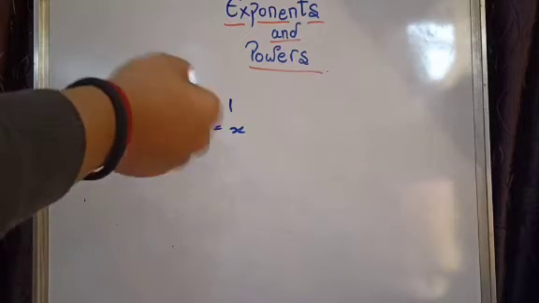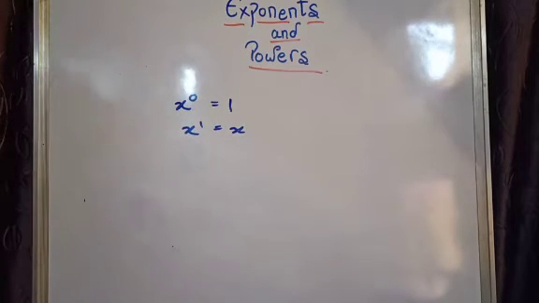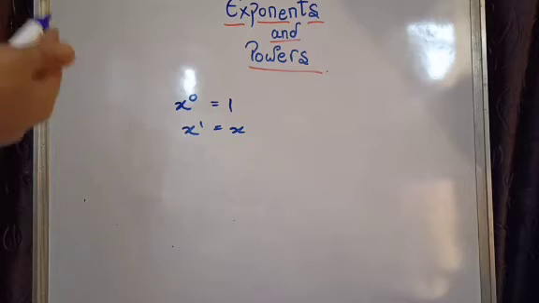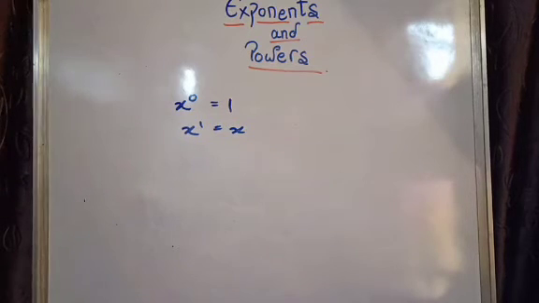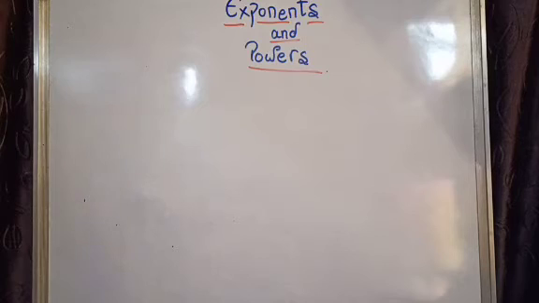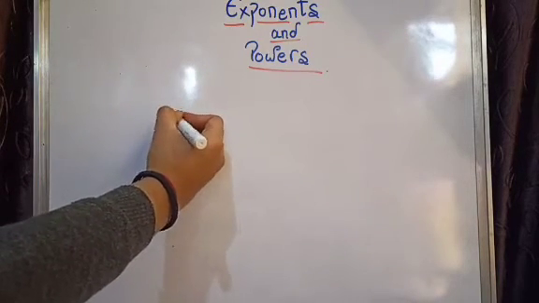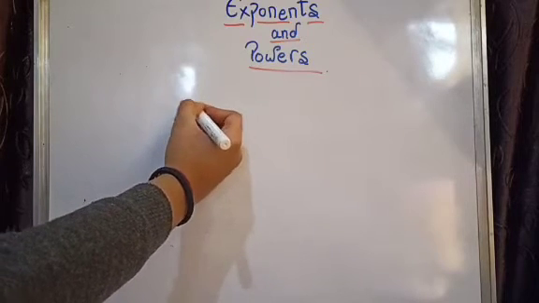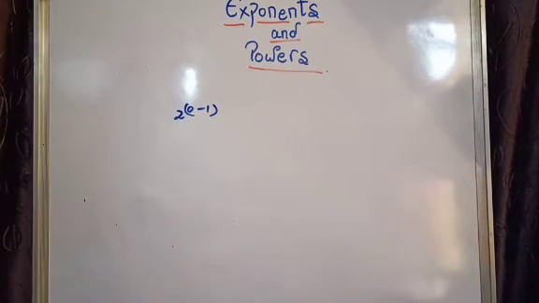Or if you want to know how this is possible, I think you know it. You were taught in class 7. Okay. So there is given 2 to the power of 0 minus 1. What is this? In that example, there are no negative exponents given, just 2 to the power of 0 minus 1. So how can I say that?